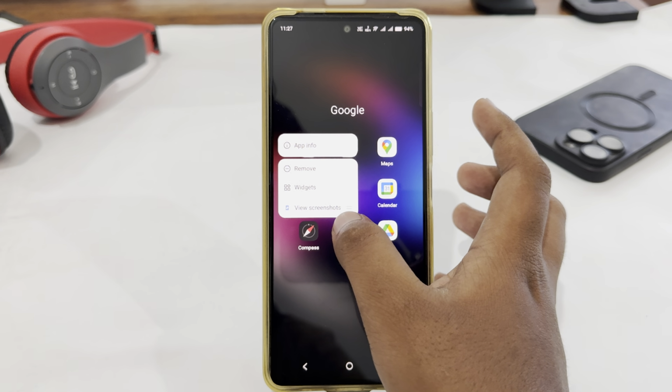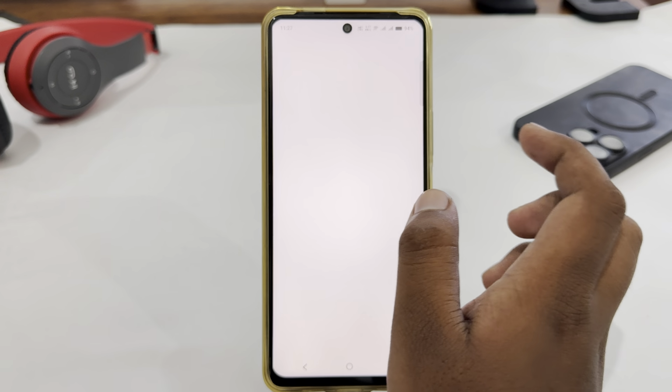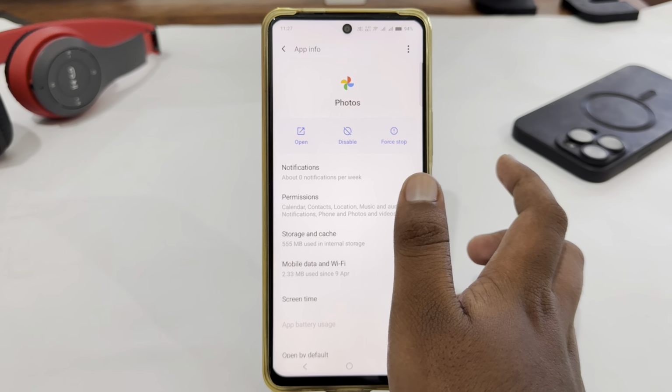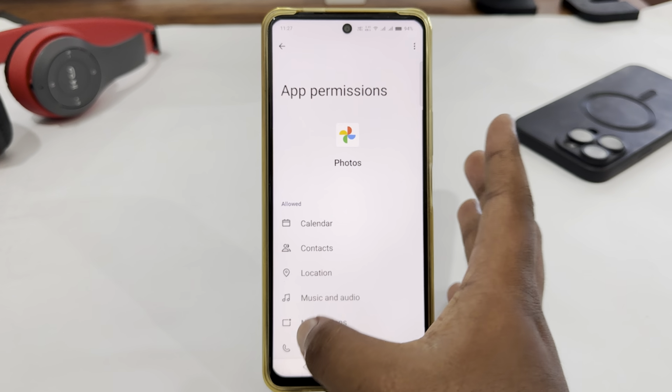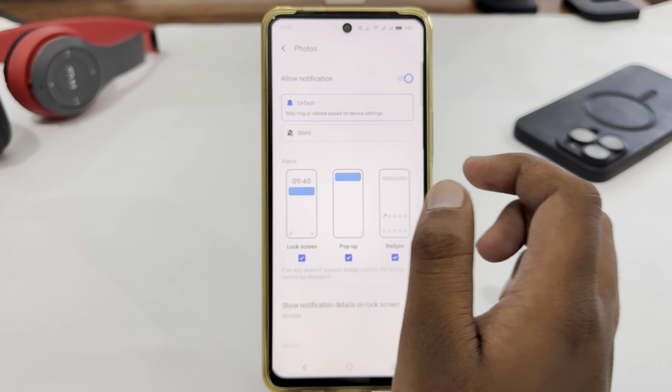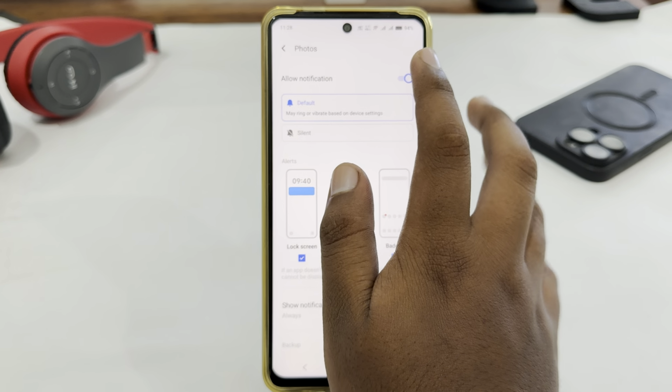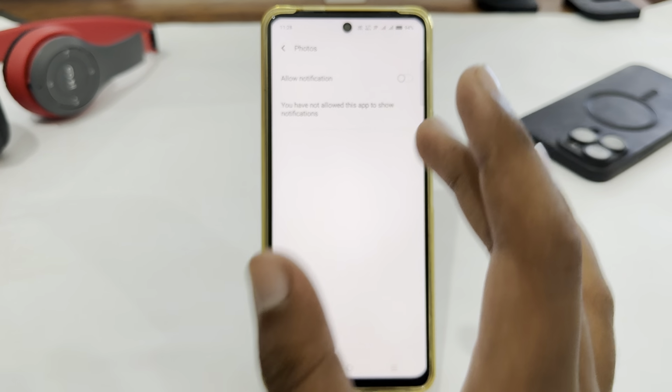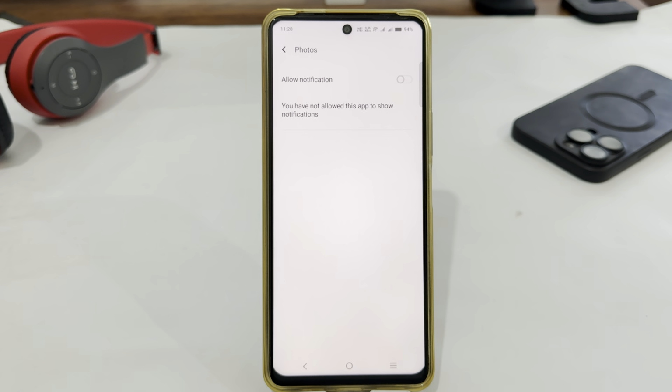press on the Photos app and then select App Info, and here you just have to select permissions, or you can select notifications, tap on it, and here you just have to disable this setting. And after doing this, you will not see any notification or photo suggestion on lock screen wallpaper